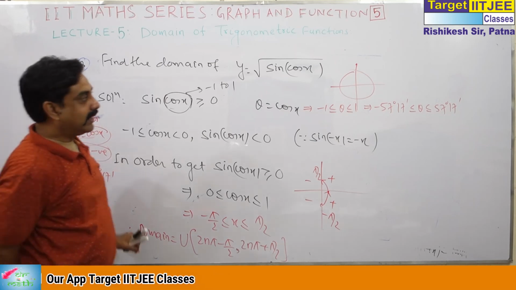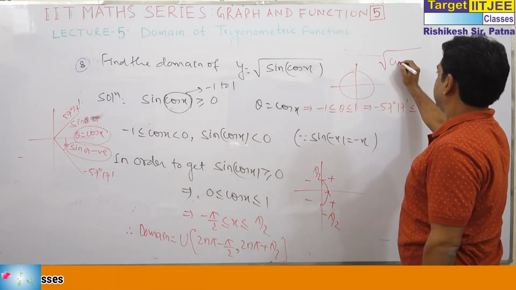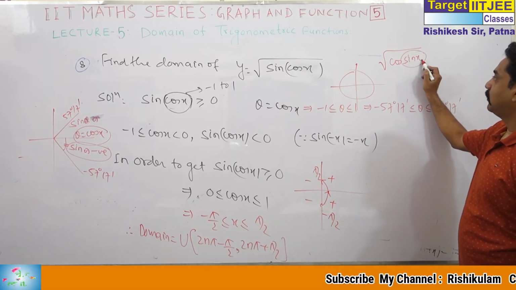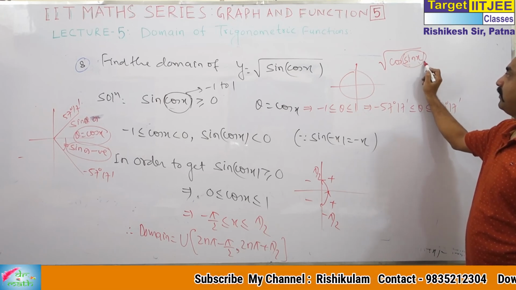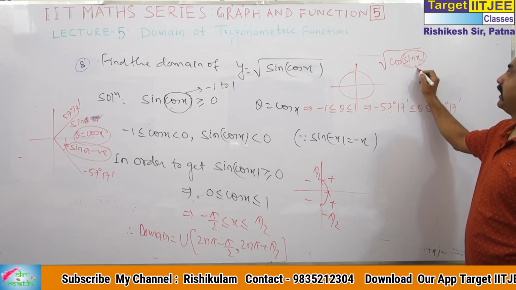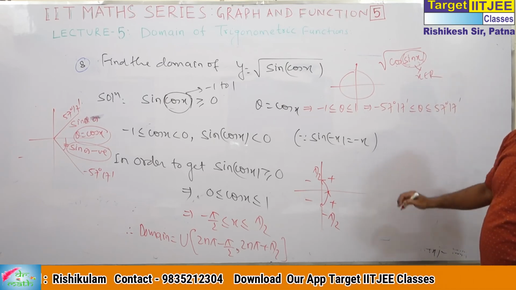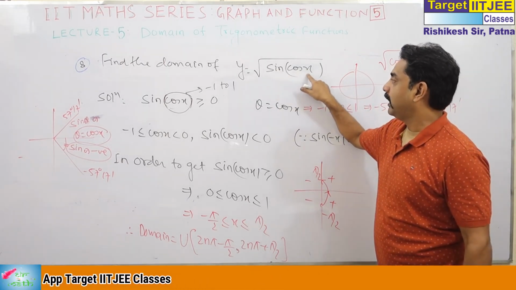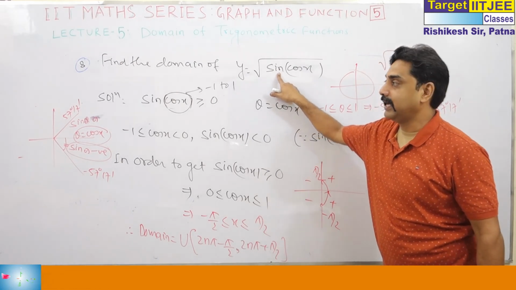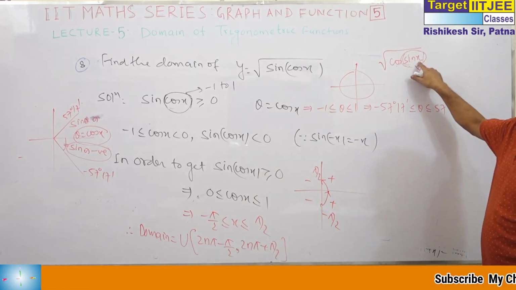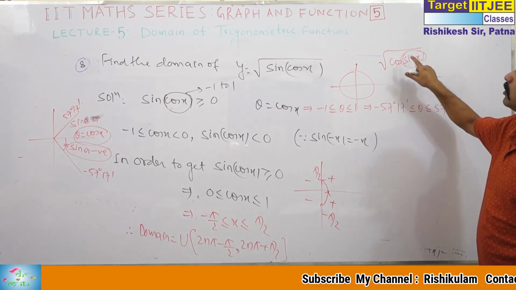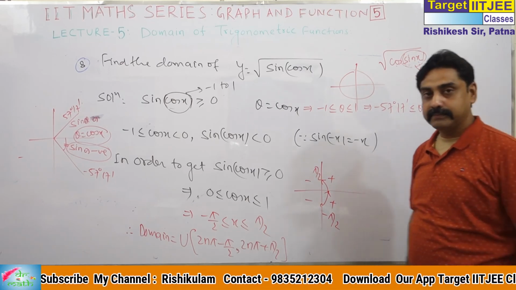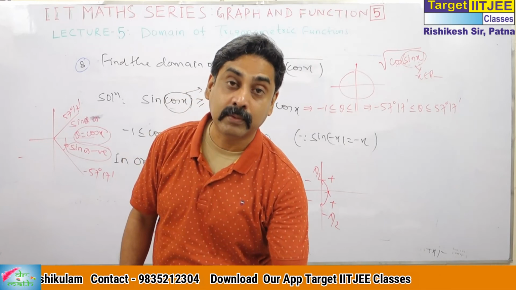What happens when the question is like this? cos sin x. This lies from minus 1 to 1. In degree, minus 57 degree to 57 degree. And cos of minus theta is cos theta. So x belongs to real numbers. I will give this question today. Here sin cos x cannot be negative, because sin of minus x is minus sin x. Here cos sin x: sin x goes from minus 1 to plus 1, but cos of minus x is plus cos x. So this is for all real numbers. So this is the trigonometric domain.